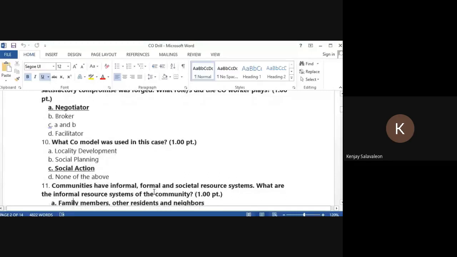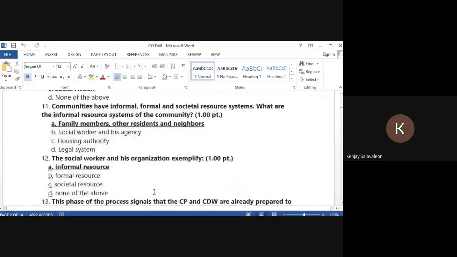Okay. Number 11. Communities have informal, formal, and societal resource systems. What are the informal resource systems of the community? Okay. A. Family members, other residents and neighbors. B. Social worker and his agency. C. Housing authority. D. Legal system. So, yung informal resource system is yung family members, other residents and neighbors because they are not legally obliged to